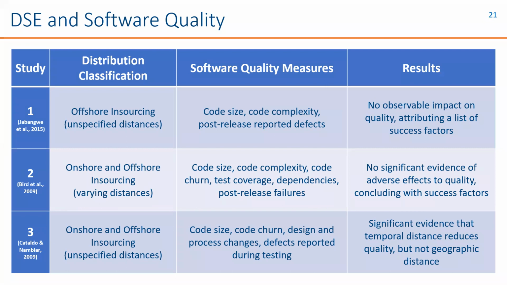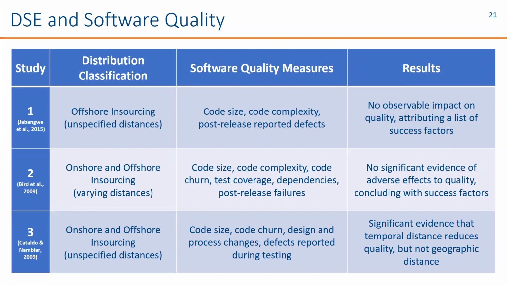But software quality was investigated throughout multiple releases using measures for lines of code, cyclomatic complexity, and code defects stemming from customer reports. However, after their statistical analysis, they found absolutely no indication that distribution actually impacted their software quality. Similarly, the second is a really cool study that was conducted on the code base of Windows Vista, which was developed across 21 campuses across 3 continents. They analyzed the source code for software binaries and used those software quality measures, and again found there's not really significant evidence of adverse effects to quality because of distribution.